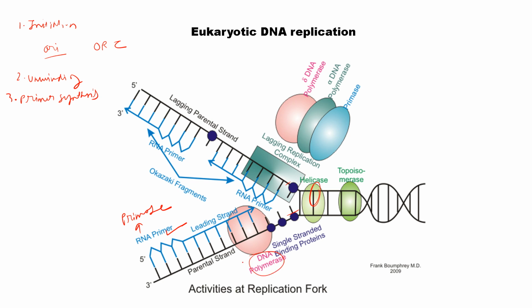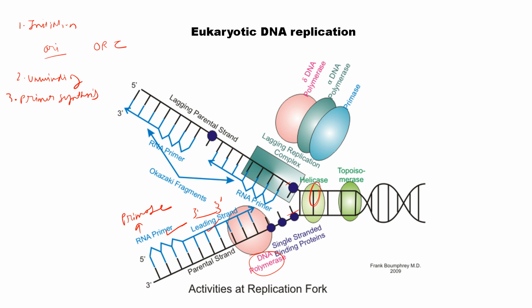DNA polymerase extends the primers by adding complementary nucleotides to the template strands in the 5' to 3' direction. Eukaryotes have multiple DNA polymerases involved in different aspects of replication, including replicative polymerases, for example polymerase alpha, delta, and other